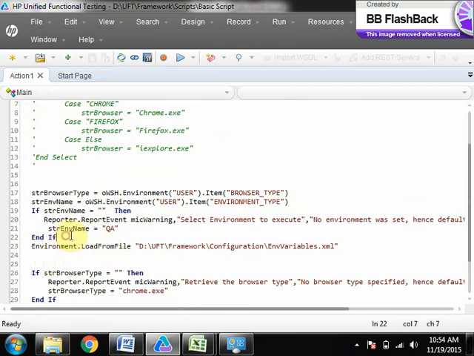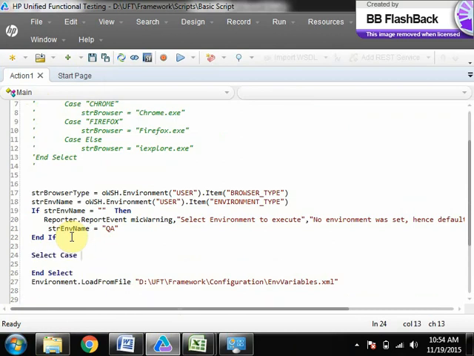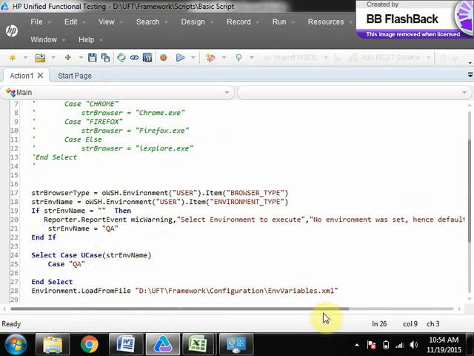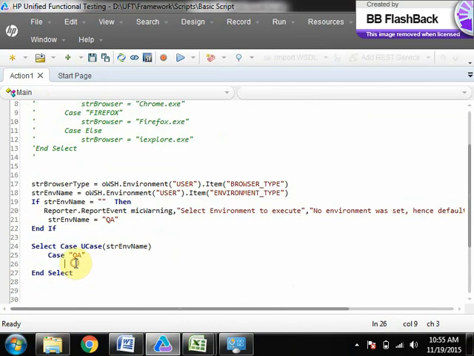Then what you do now is select case environment name. In case of environment name, case QA, load the QA file.